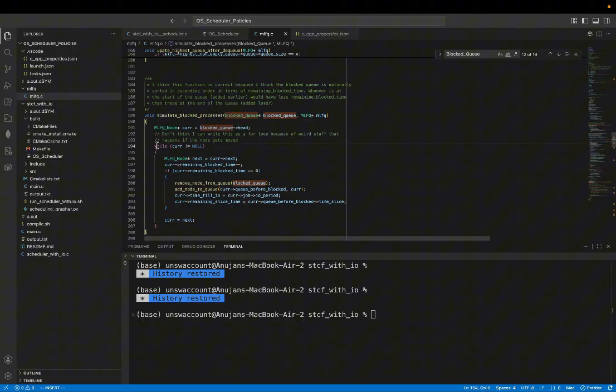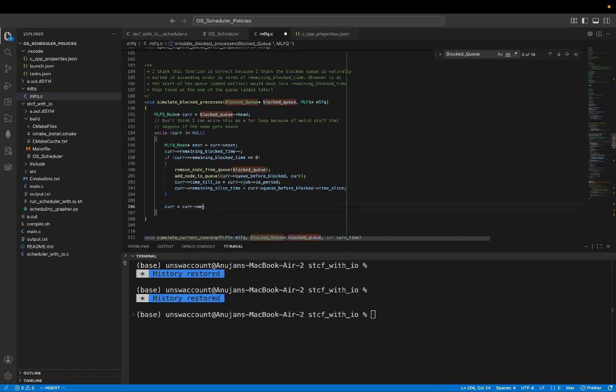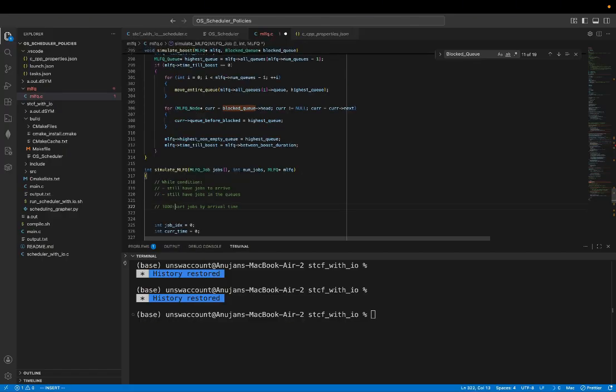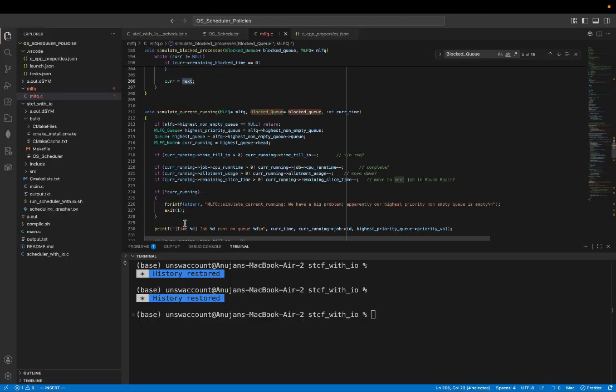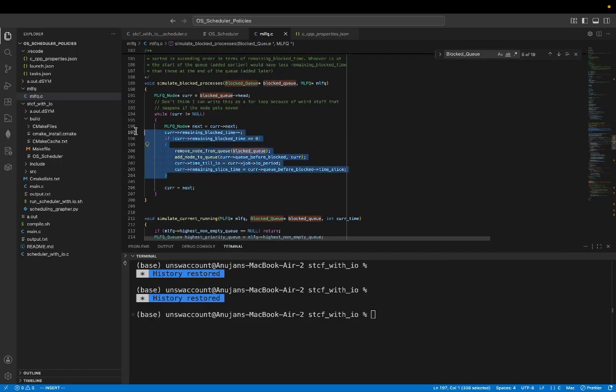The reason why I couldn't do this as a for loop, or I couldn't just say current equals current.next, is that the current node could get moved by the if statement to another queue. And if it does get moved to another queue, it gets added to the back, the end of the queue,